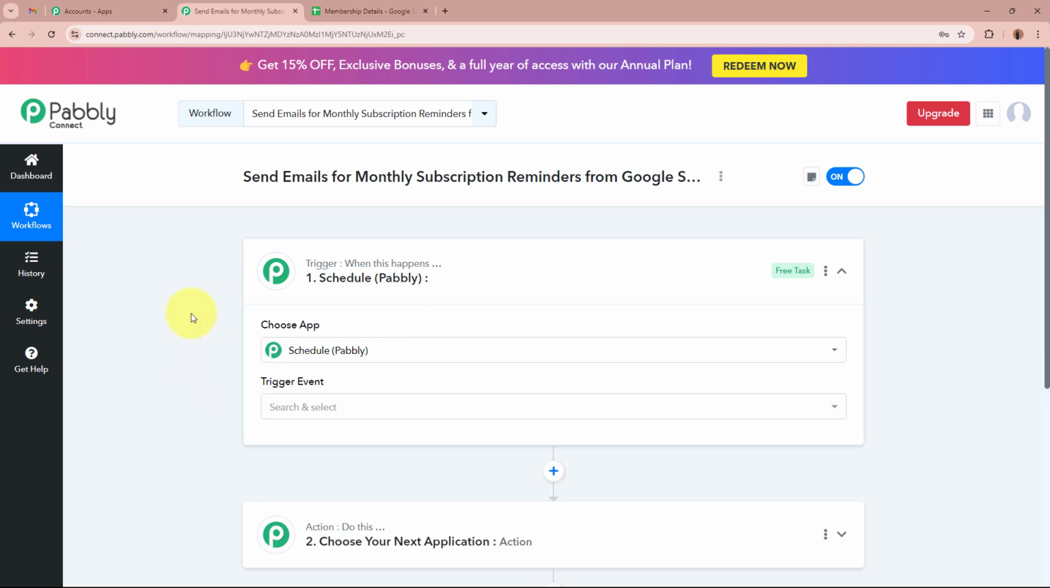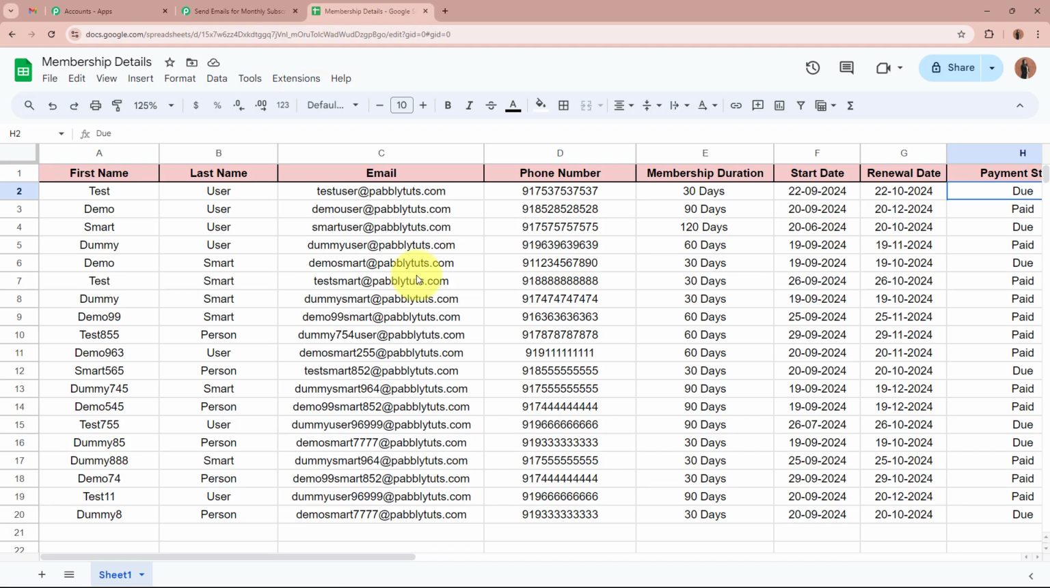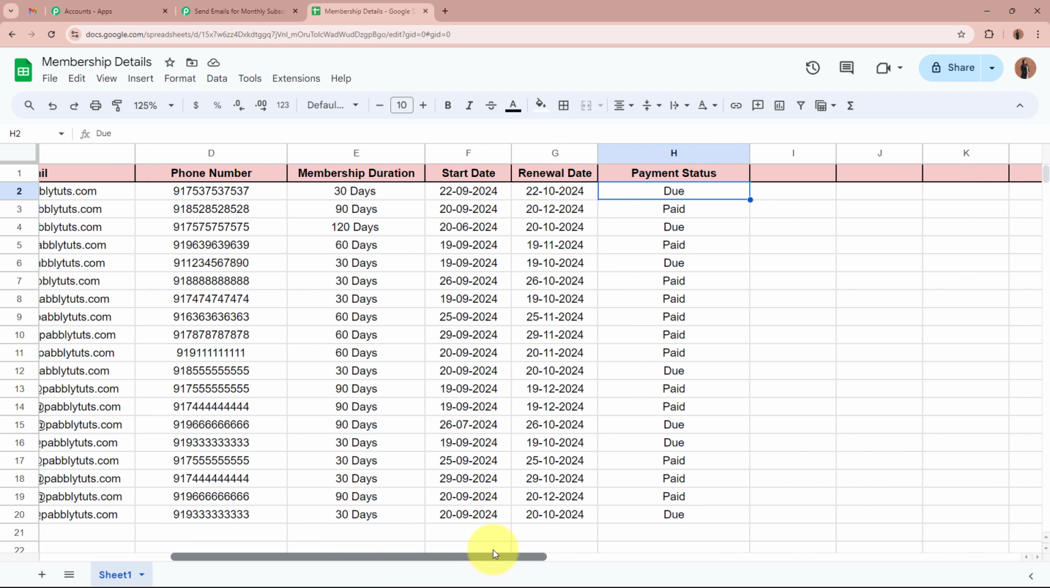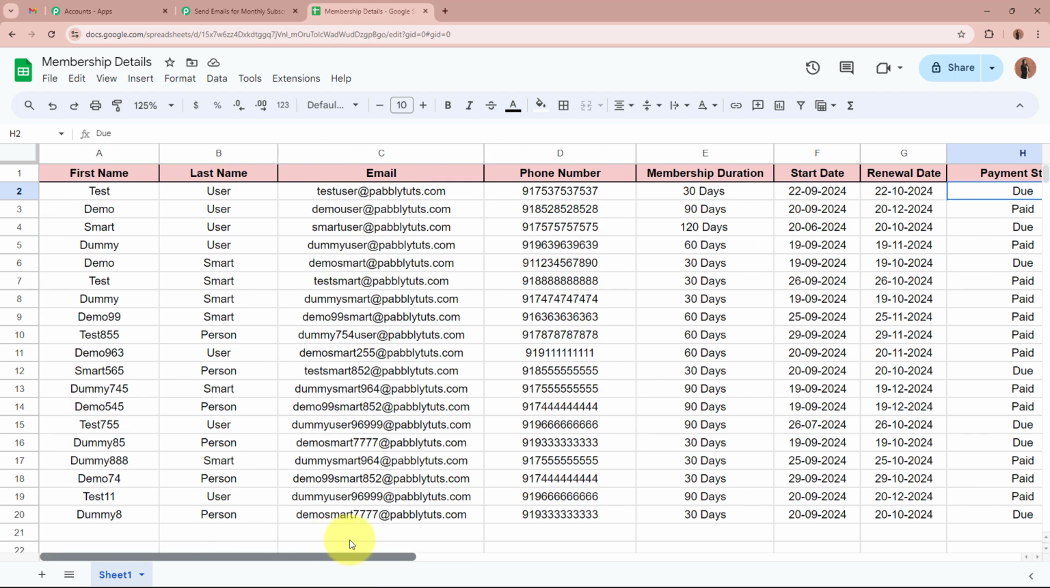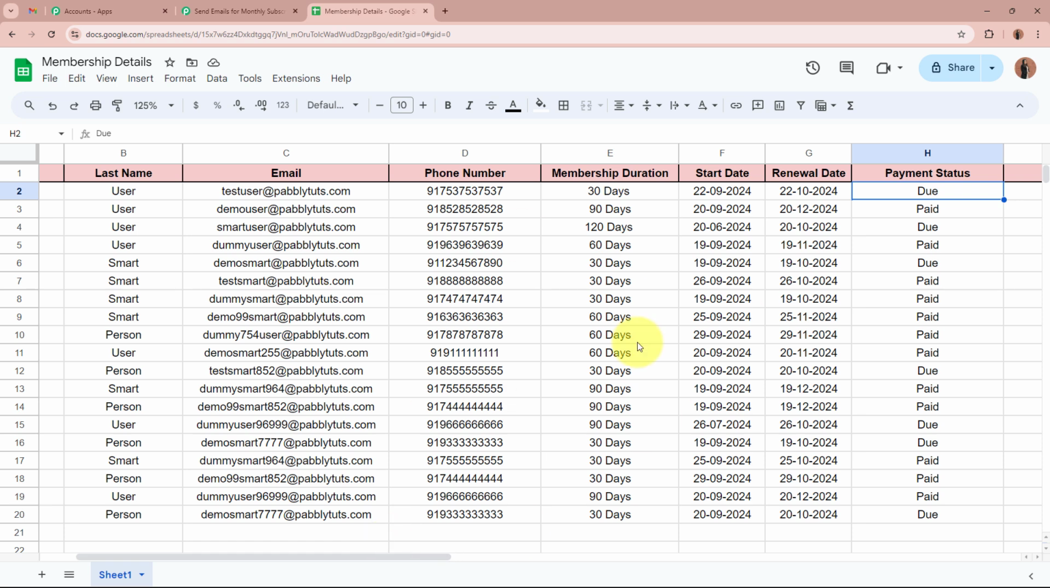With the help of this amazing feature by Pabbly Connect Schedule, we can schedule this workflow according to our requirement. I want that as soon as the renewal date of any of the members whose data I've recorded in the spreadsheet comes nearby, I send that member an email reminder on their Gmail account. For doing that, I have to check this spreadsheet every single day because the renewal date for every single member